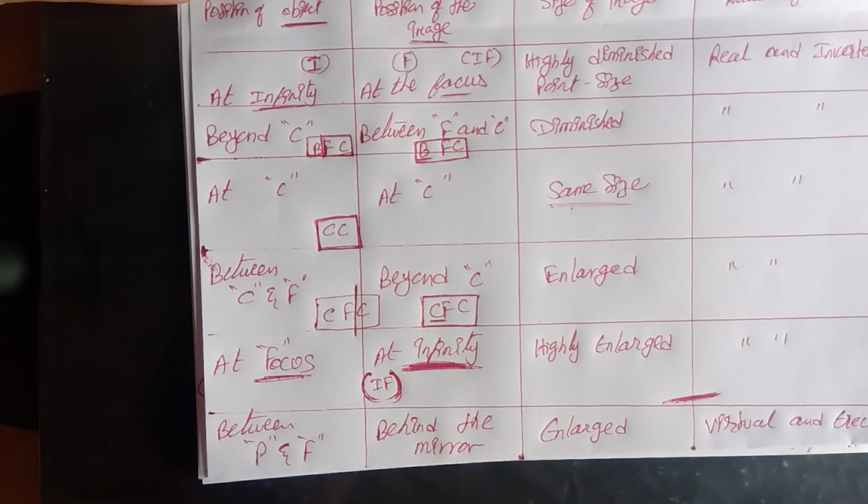Real and inverted. Now see the last one. Whenever the object is between P and F, what does that mean? P stands for